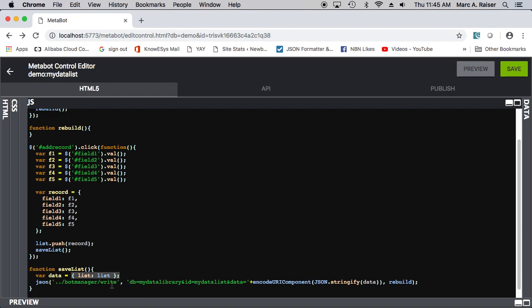Then we're just going to call the bot manager's write command. We're going to tell it what library we want to put it in. We're going to tell it what ID we want to save it as. And then, because